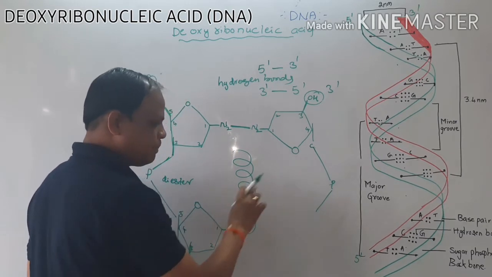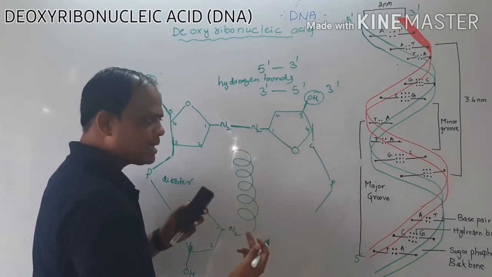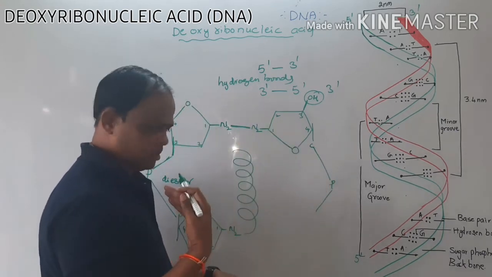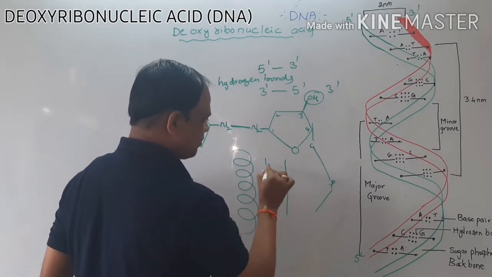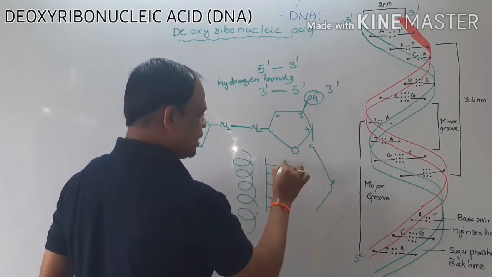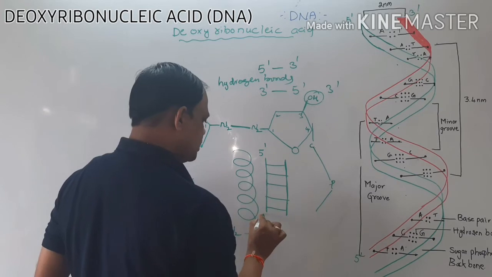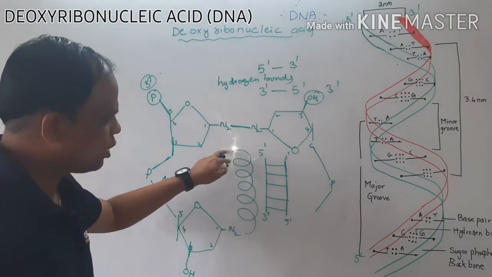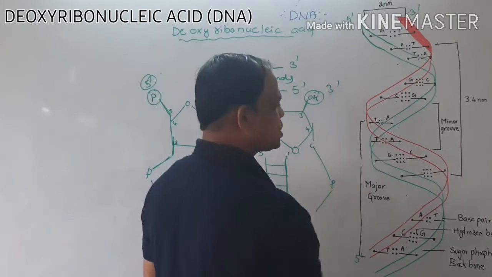Okay, this is the spiral shape. The spirally coiled complementary strands are together and anti-parallel. When these DNA strands unwind, they look like a ladder-like structure. Between these two strands, a number of nucleotides can attach. Here is 5 prime, and this is 3 prime, 5 prime, and 3 prime. So this is the structure, and here are the dimensions of these DNA strands.